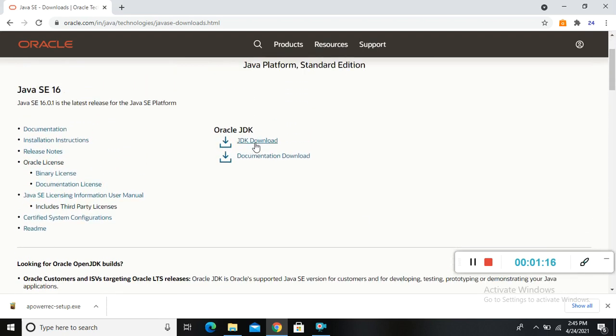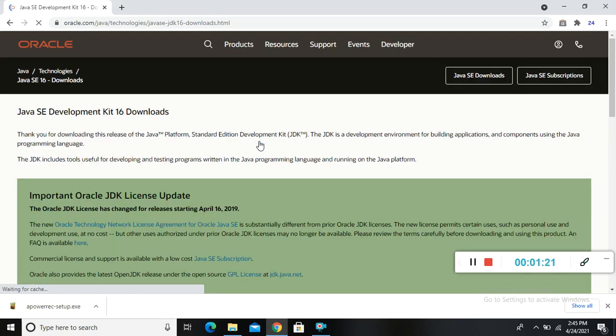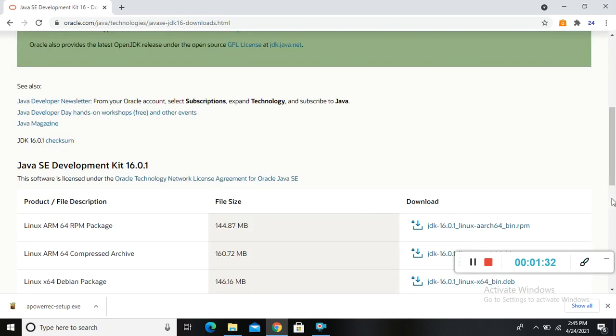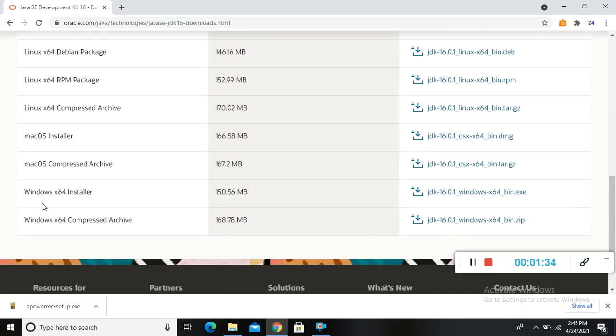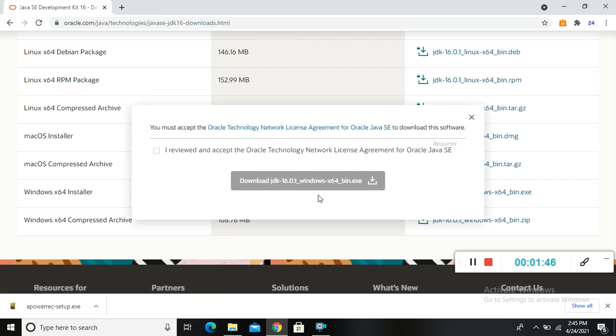So I will click on this link and they will ask for an ID and password if I haven't logged in until now. If you already have an account on oracle.com, there's no need to create one, and if you don't have one, you have to create an account for Java. I have my account, so that's why they are not asking for ID and password. You have to click on this link because I have a 64-bit system, so I will go with this, and whatever your system specification is, you can follow that link.